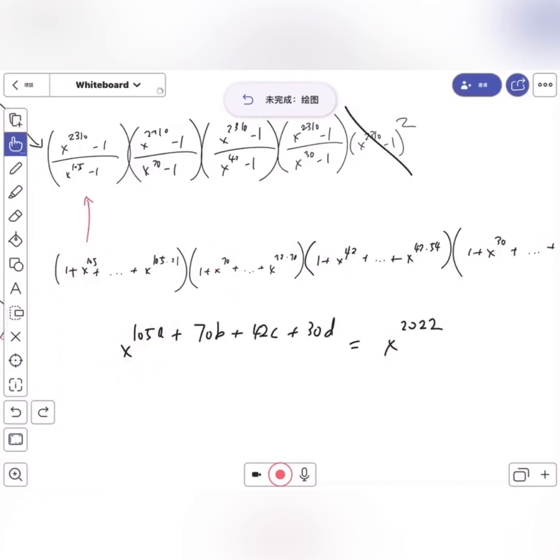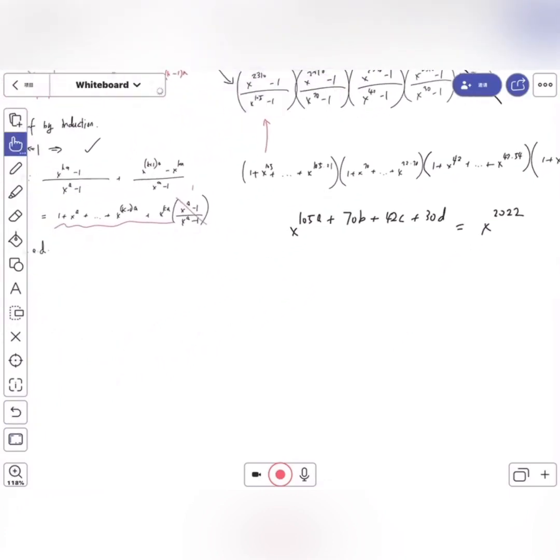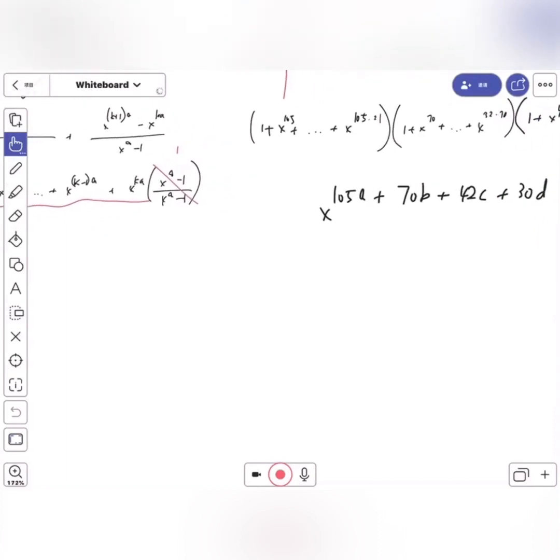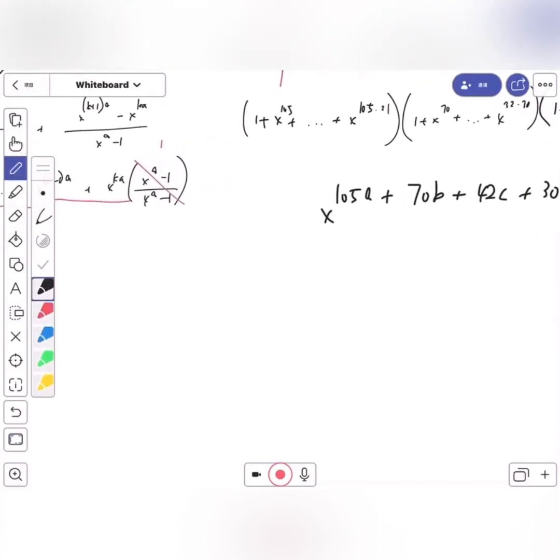So now we can just rewrite this as the number of ordered pairs of A, B, C, D that satisfy 105A plus 70B plus 42C plus 30D is equal to 2022. Now, how are we going to proceed with this problem? So first, let's take